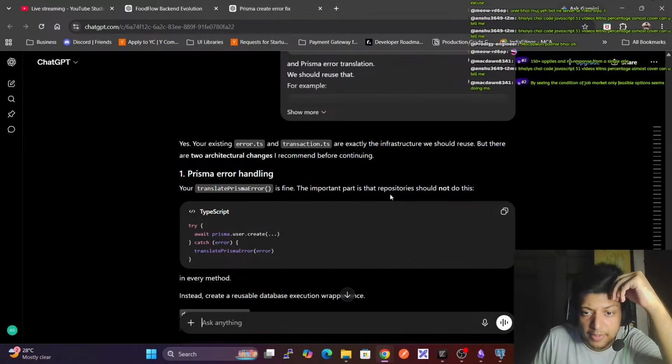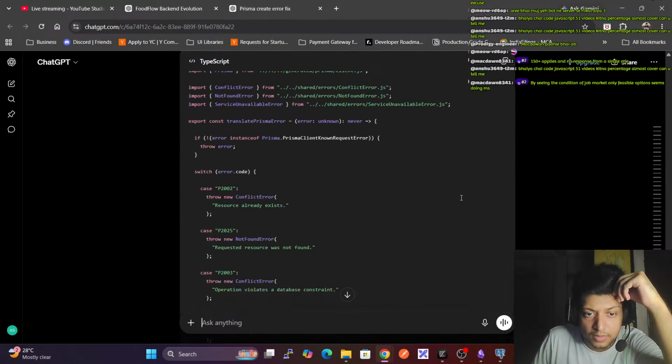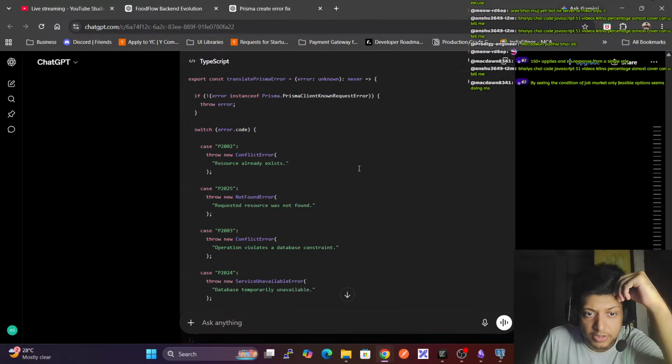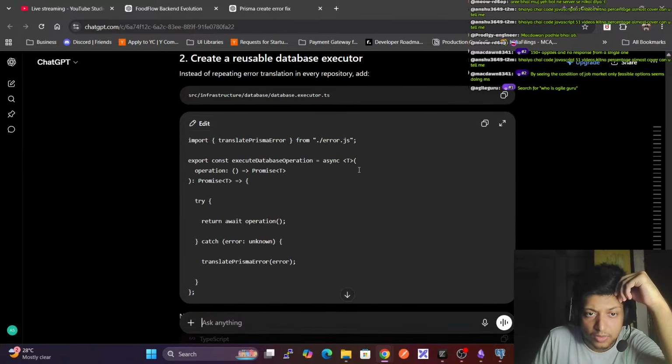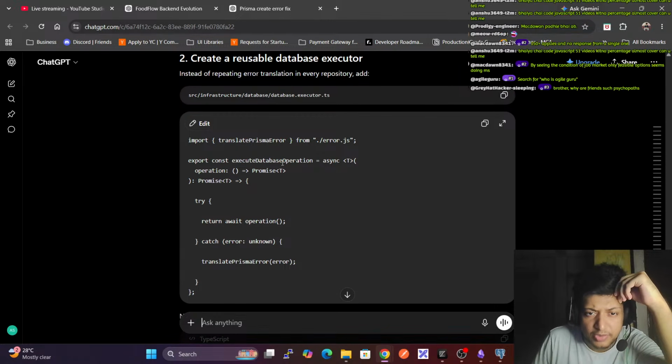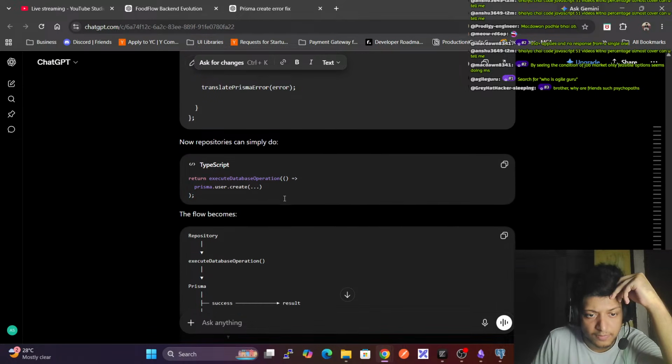Your transaction was fine. The important part is repository should not do this. Database error.ts. Assignment implementation. That's good. Create a reusable database executor. Why? Execute database operation instead of repeating error translation in every repository. Add database.executor.ts. Translate Prisma error. Then execute database operation. We are creating a method async generic operation promise T, try return await operation. Okay, now repository can simply return. This flow becomes